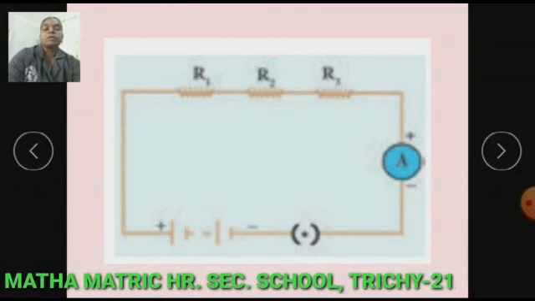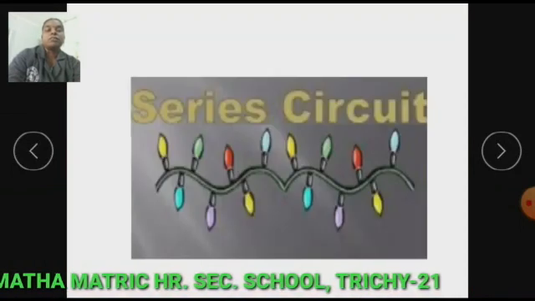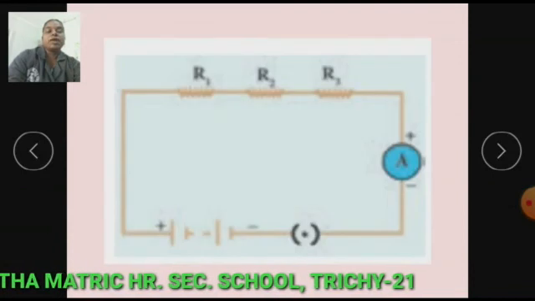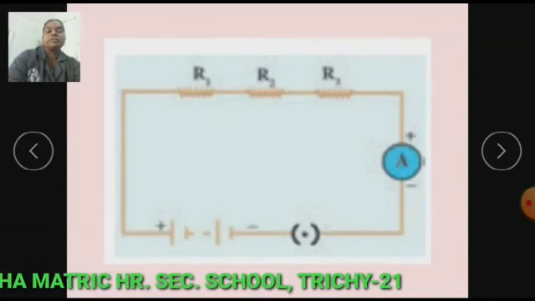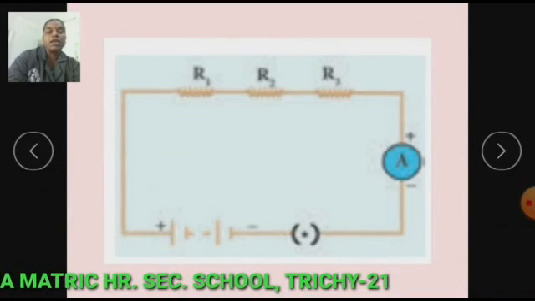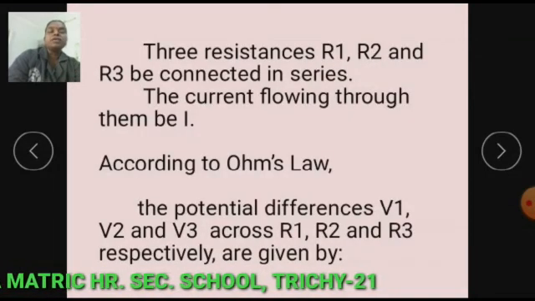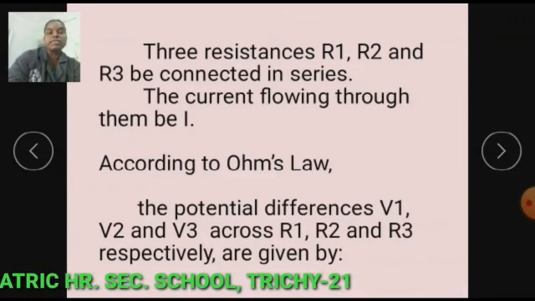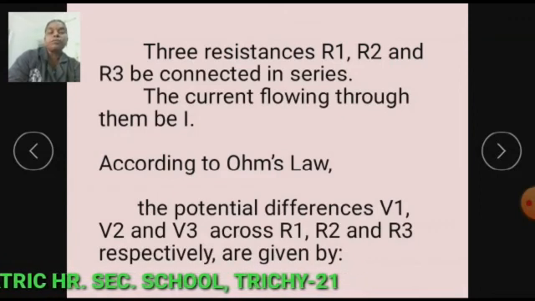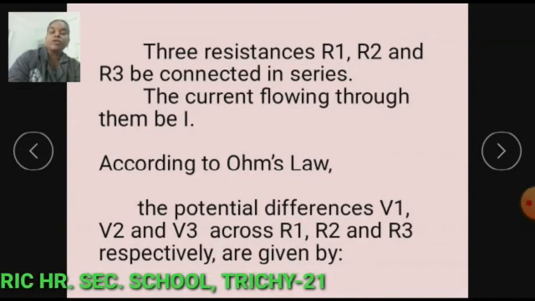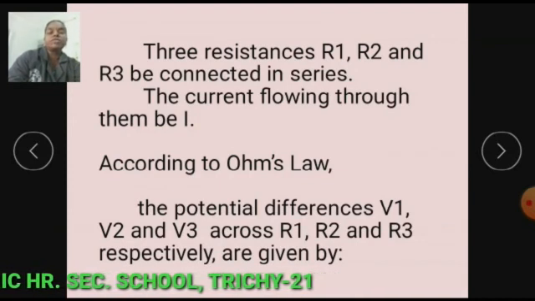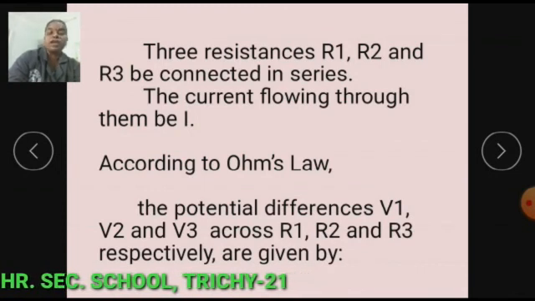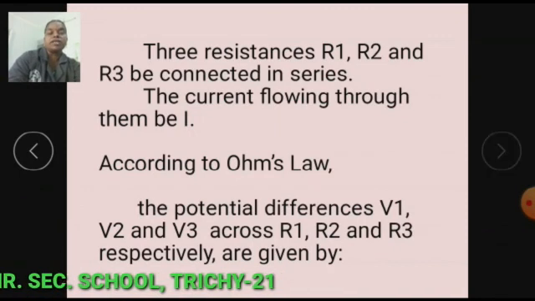So, the same current can pass through the resistors R1, R2 and R3. Three resistances R1, R2 and R3 are connected in series, and the current flowing through them is I. According to Ohm's law, the potential differences V1, V2 and V3 across R1, R2 and R3 respectively are given by